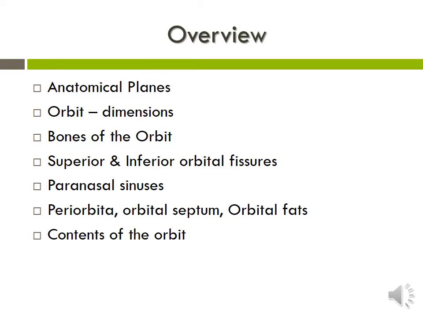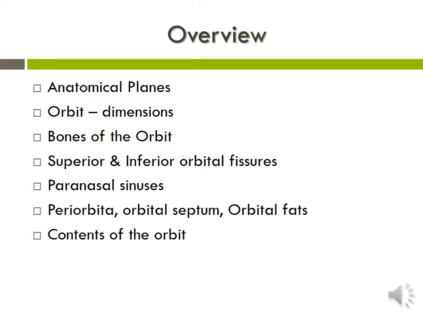Bones of the orbit. Okay, how many bones make up that bony cavity? It is not only one. There are more bones. So, the names of the bones that make up the orbit, and there are some openings inside the orbit, which are called fissures or canals. Okay, there is a superior and an inferior orbital fissure. We'll see that. And there are some sinuses